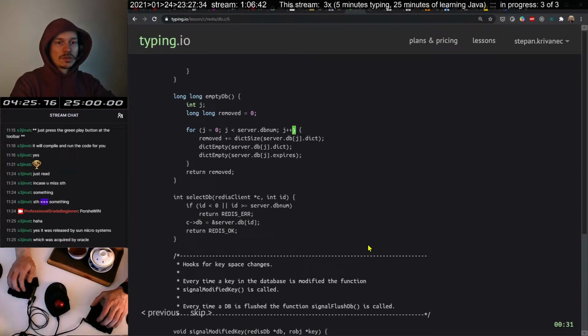Here you go. Removed. Size, server. B. Server.